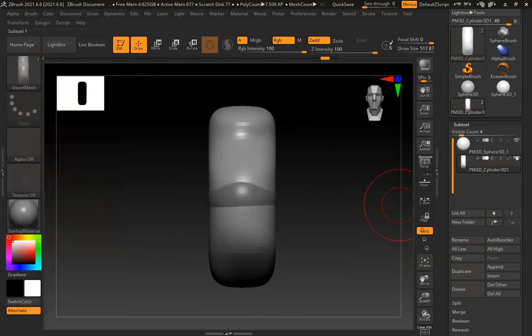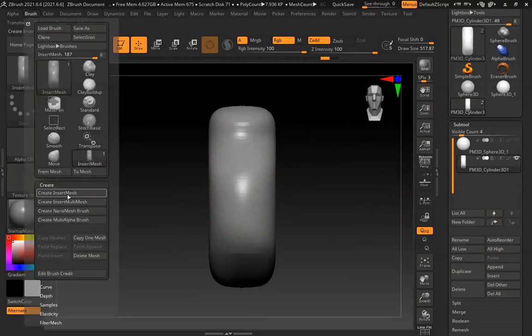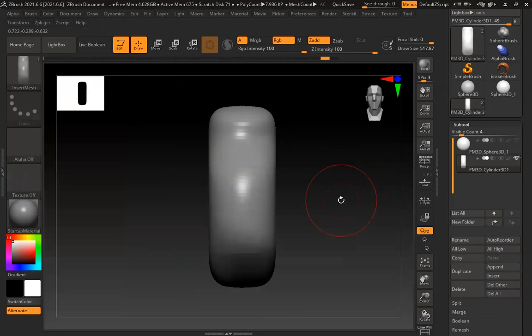So I'll go back to mine. Sir, I did not get that part. Nothing, just make sure you select this thing. If this thing is visible, brush, create insert mesh. That's it. Done. Sir, whatever is visible will become an insert mesh. Yes, whatever is visible, it will become a brush. So this thing now is a brush. You can see that same thing here.